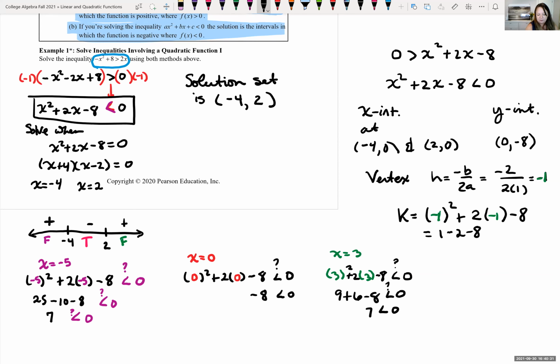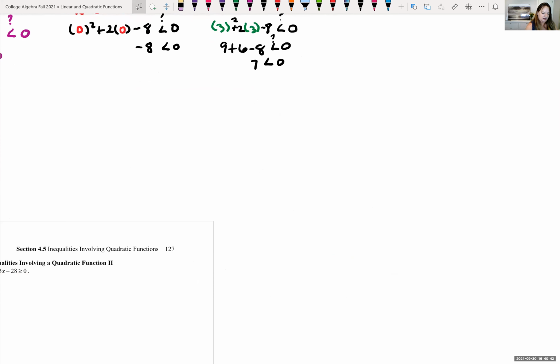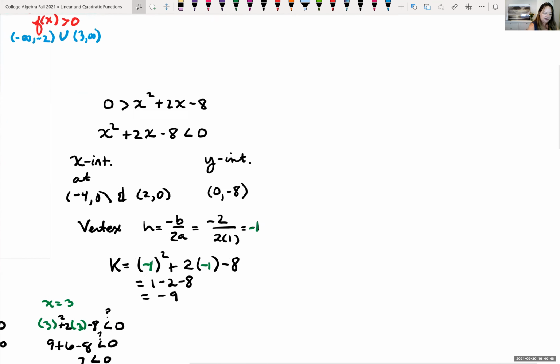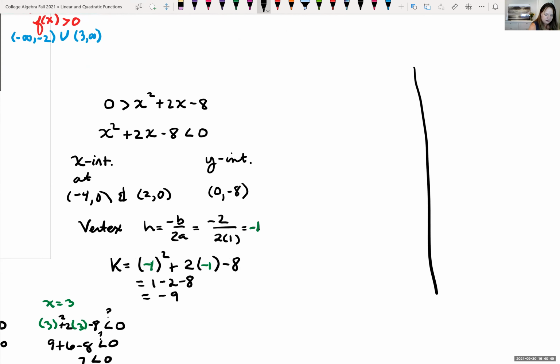So 1 minus 10 is -9. Okay, so using the information I just found, we have a vertex